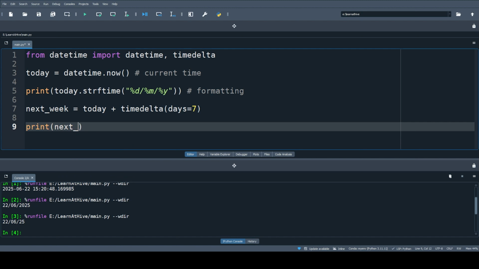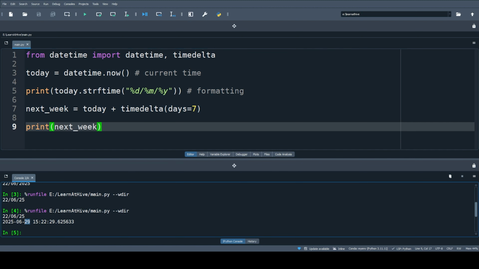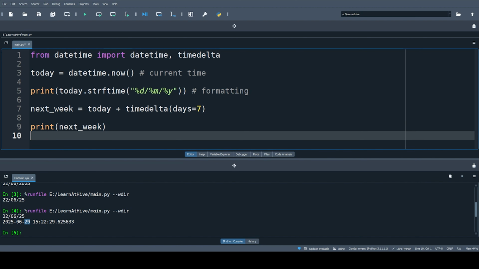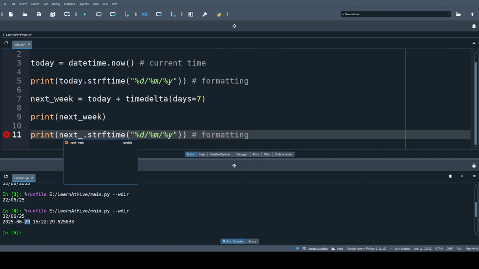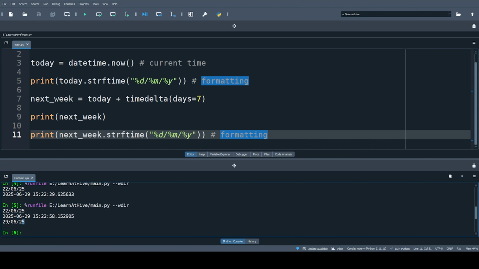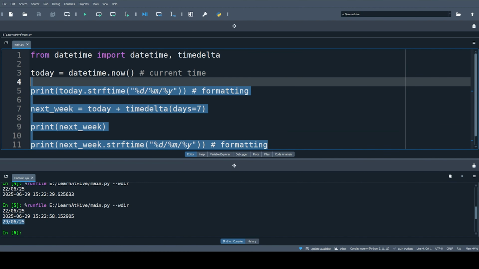I will print next week. You can see we added 7 days and just formatted similarly next week. Now it's more clear, 22 and 29. Okay, let's remove this